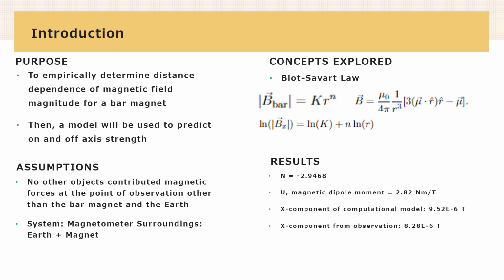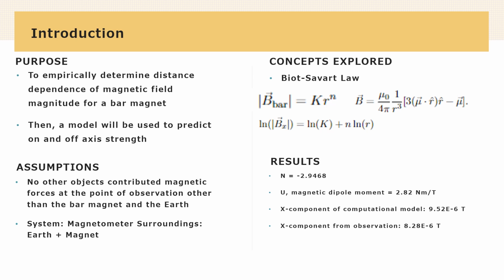In order to do this, we assume that no other objects contributed magnetic force at the point of observation other than the bar magnet and the Earth. The system in this case was the magnetometer, and the surroundings were the Earth plus the magnet. The main concept explored was the Biot-Savart law, which relates the strength of a magnetic field to its distance of observation. We also linearize this in order to determine n, the factor that the r distance is